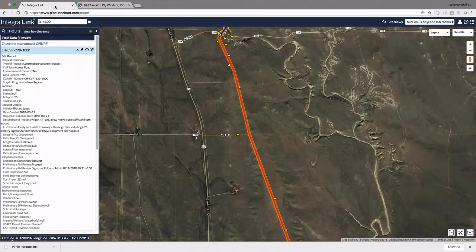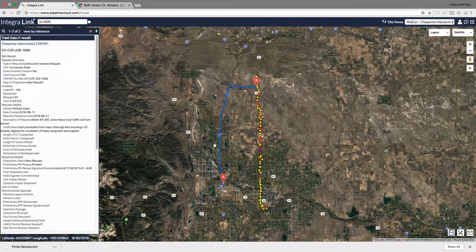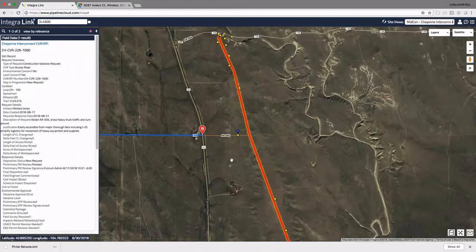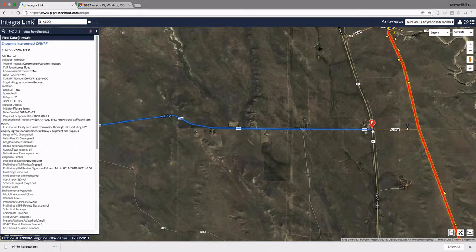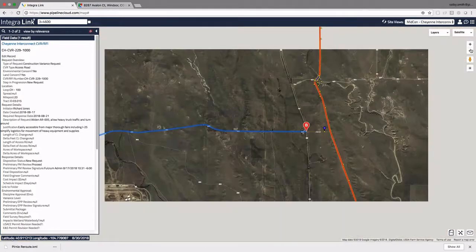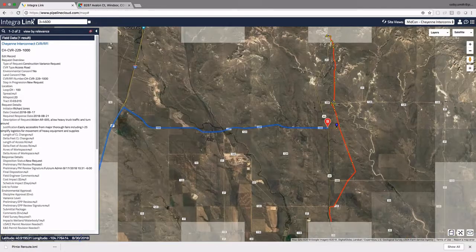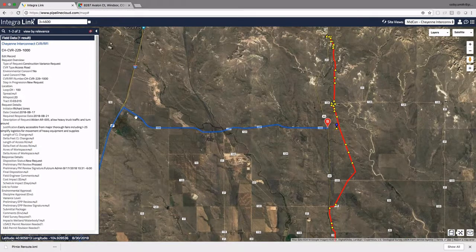factor as well. But back over here in Integra Link, we can see that same route, and if we just zoom back into where that CVR is, and then just zoom out just a little bit, we can see that those driving directions took us to where the end of the public road was, right? And then from there, it's an access road to get us the rest of the way in. But if we zoom out just a little bit more and pan over here, we'll also see that sure enough, they shoot straight up I-25, and then it's just one simple county road across all the way over to the